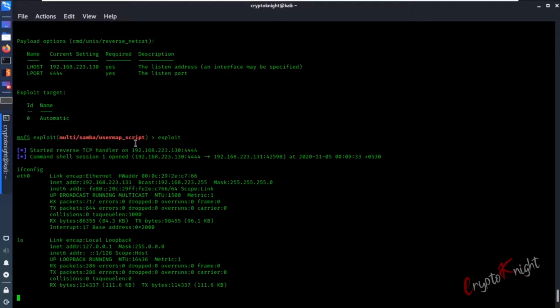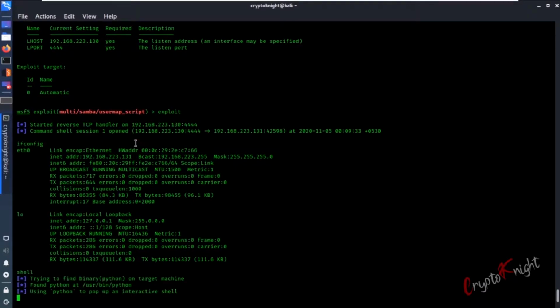But if the software is updated and up to date... that is why we say that as soon as a new update comes for Windows, Linux, whatever, update it as soon as possible, because these things are patched. Still, people very often use vulnerable software, so it can be exploited like this.